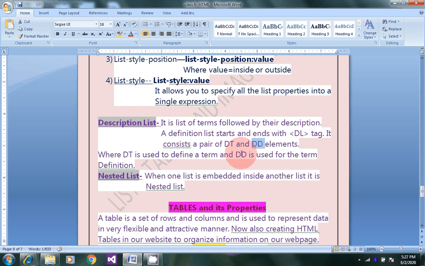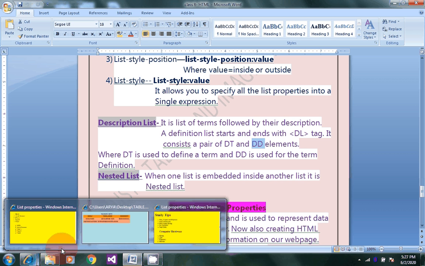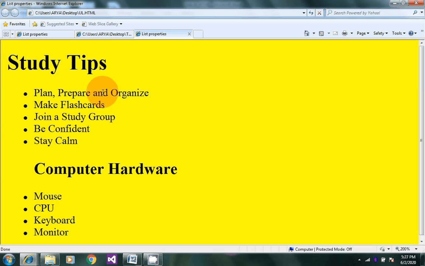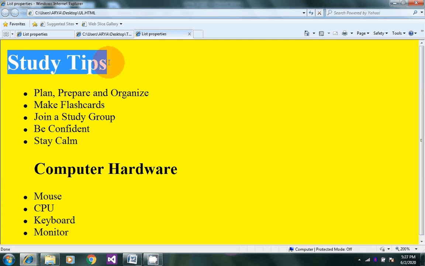So DT is the name of the term and DD is the definition of that term. All of you see here, in this study tips, the heading of the first list is study tips. So it is called the DT, which defines the term.